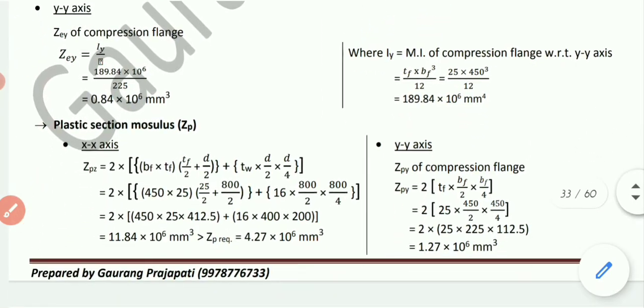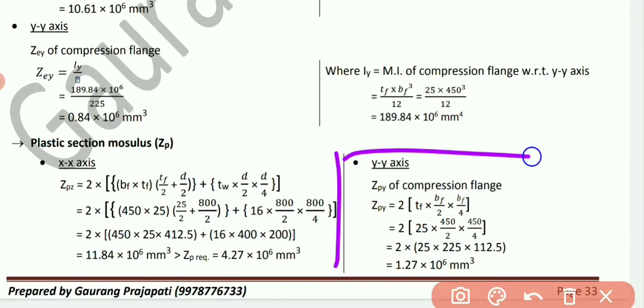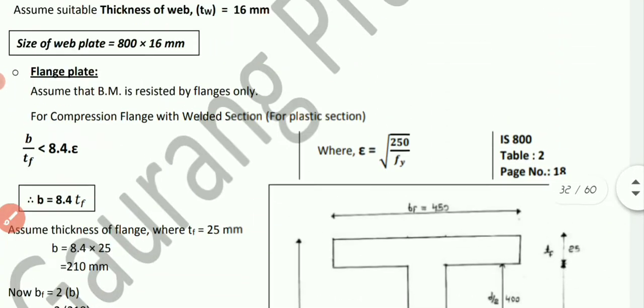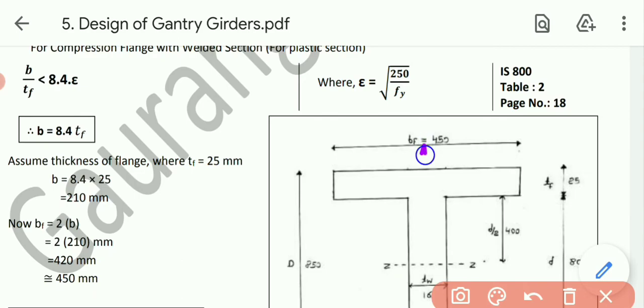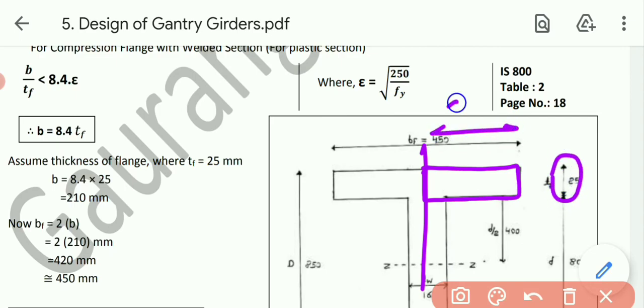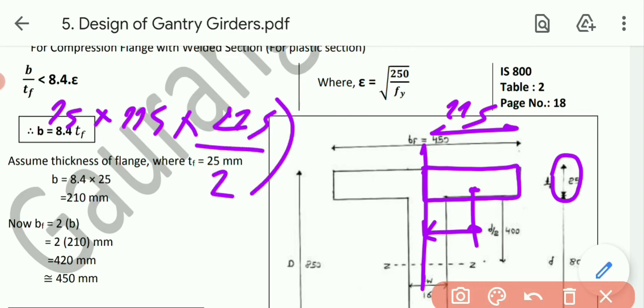Similarly, now we need to calculate plastic section modulus with respect to y-axis. But as I told you earlier also, whenever we are calculating elastic as well as plastic section modulus for the y-axis, then we need to calculate it for the flange only. Okay, so for that one, just a minute, say with respect to central axis, then we need to calculate this one. Okay, so area 25 into half dimension, that is 225, right? So 25 into 225, and its CG, obviously it will be at the center, that is 225 by 2, and whole multiply by 2, because the other portion does the same thing.